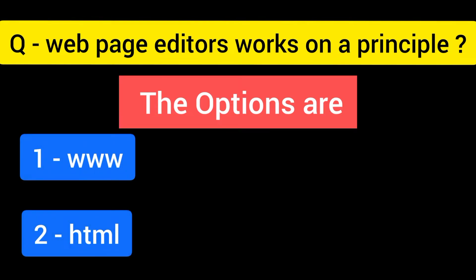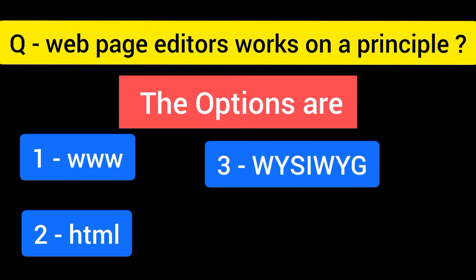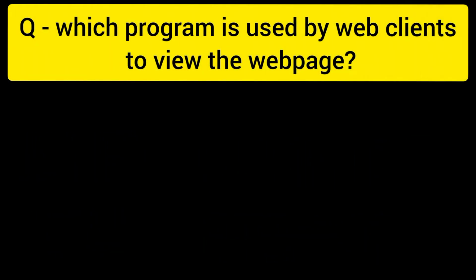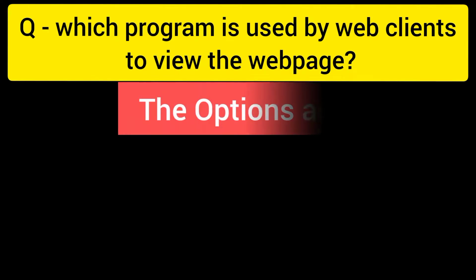www, option number 2 html, option number 3 wysiwyg, option number 4 wygwysi, and the right answer is option number 3 wysiwyg. Question number 6, which program is used by web client to view the web page, and the options are